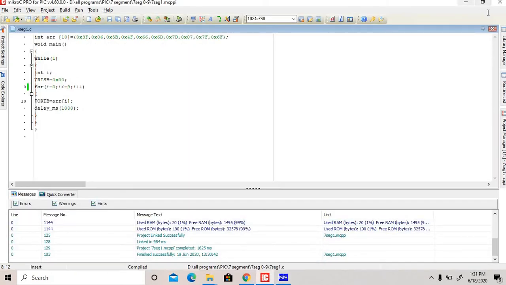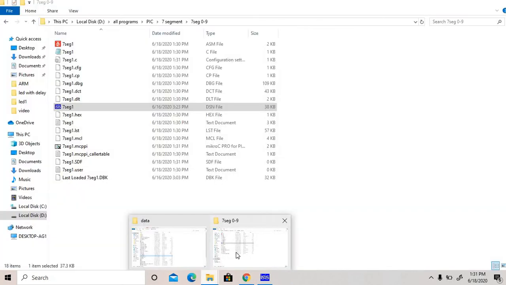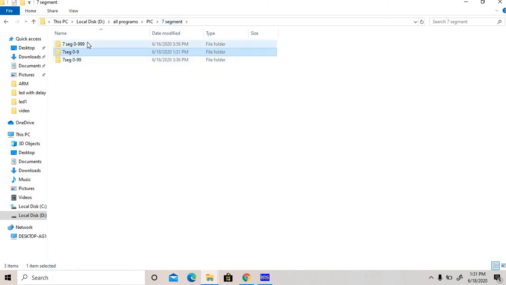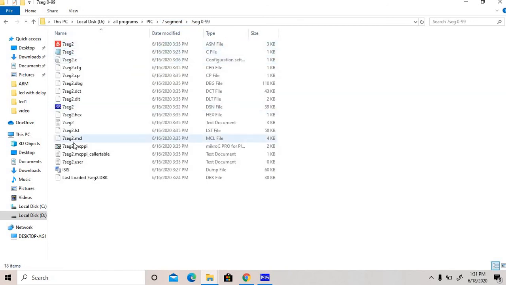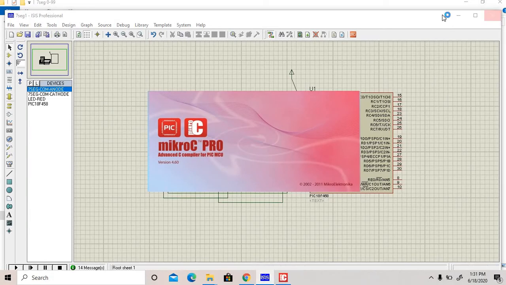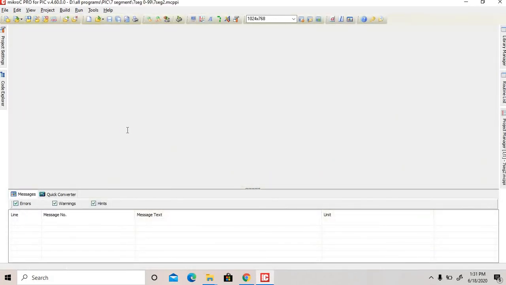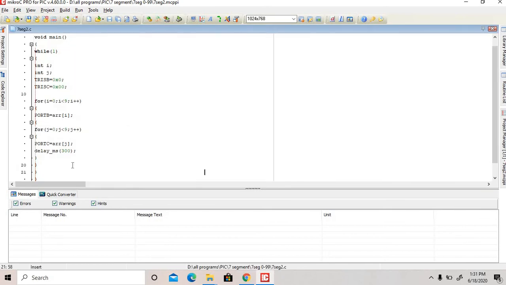Suppose we have to work for a double 7-segment. The same code is there, only the difference is that a nested for loop is there. For double 7-segment, the whole code is the same. You have to set port B and port C, and each port works as an output port. After that, you have to provide a nested for loop. I equal to 0, then array of 0, the value put is 0.